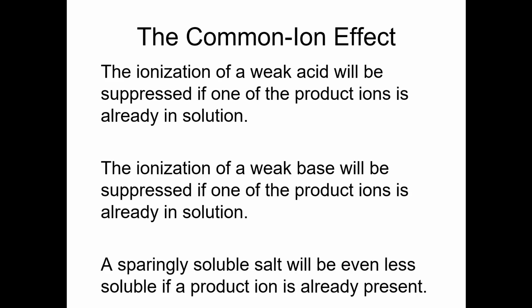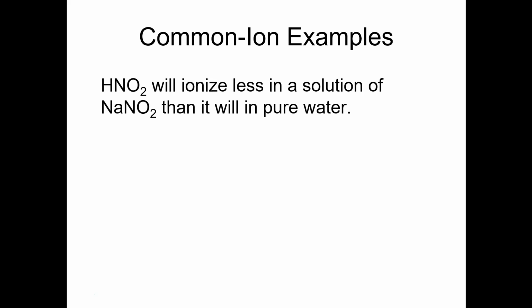So what would be some examples of that? So common ion examples. First one had to do with the ionization of a weak acid. So nitrous acid, which is a weak acid, is going to ionize less in a solution of sodium nitrite than it will in pure water. And that's because nitrite is one of the products of the ionization. So Le Chatelier's principle essentially tells you that if there's nitrite already there,